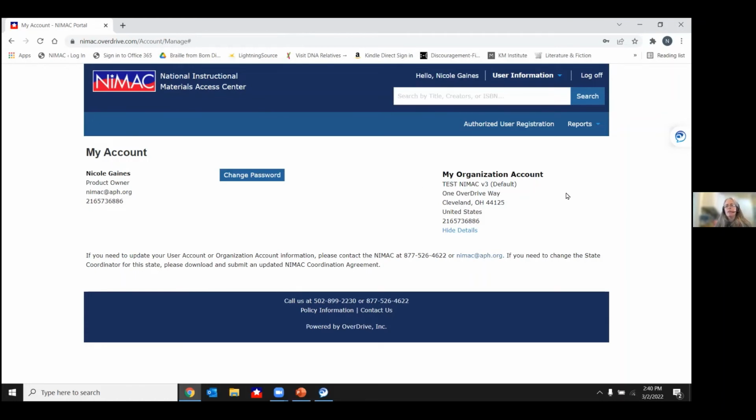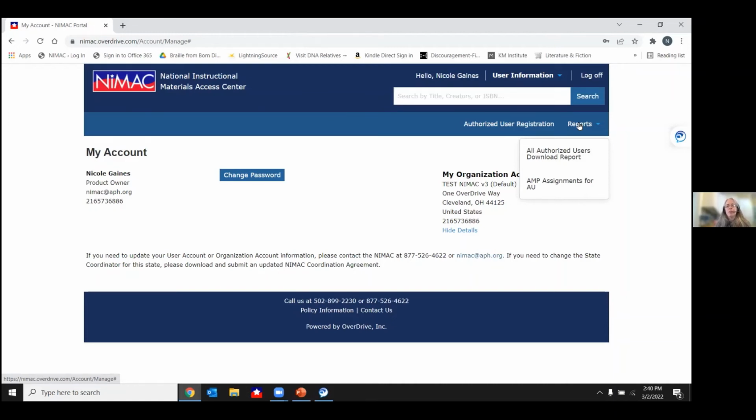Another item that Liz had mentioned was the reports functionality, and that is another menu item over there toward the right. These are just optional features in the system. If they are helpful for you, you're welcome to take advantage of them. There are 2 default report types in the system. One of them is for downloads, and the other is for AMP assignments that authorized users in your state have